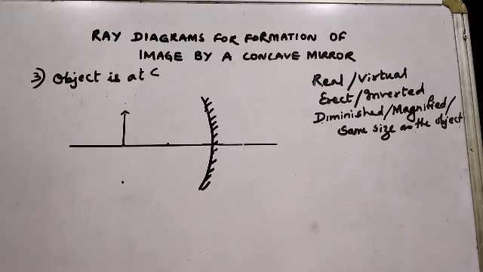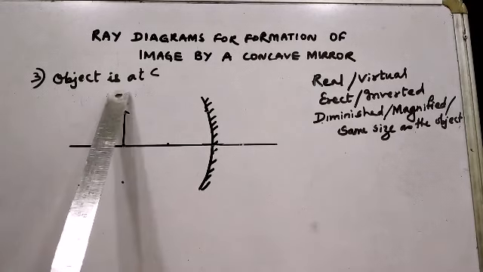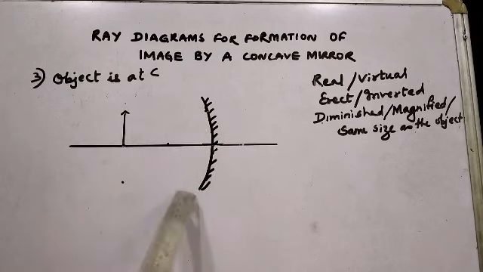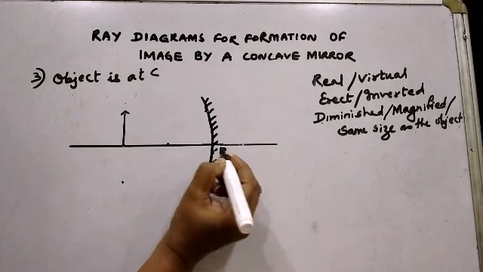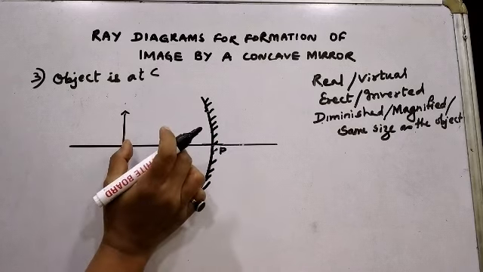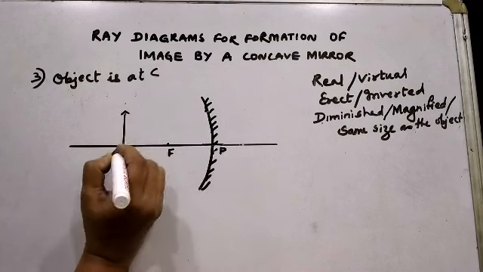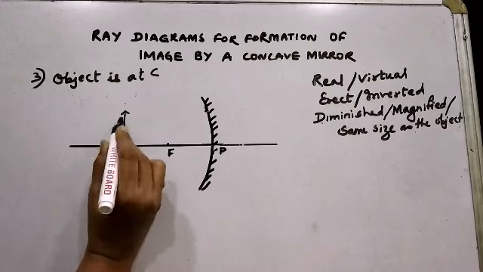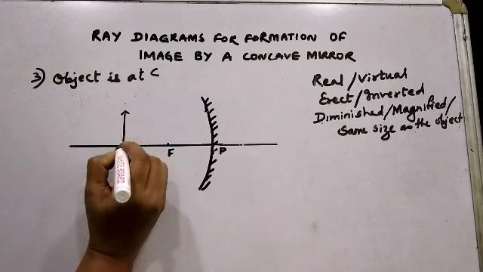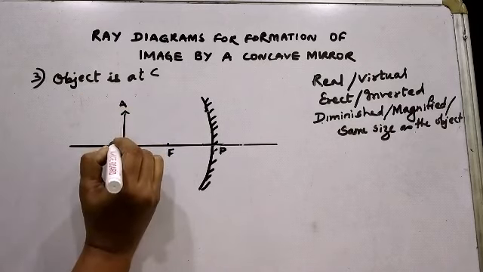In this video, we will continue with the remaining ray diagrams. The third position of the object is at the center of curvature. So I have shown a concave mirror. This is the principal axis. This is the pole of the mirror. At an equal distance of 1.5 centimeter, I have taken focus, and again at a distance of 1.5 centimeter, I have taken center of curvature. So you can see I have shown an arrow mark at C because the object is at the center of curvature. So let me name the object as AB.